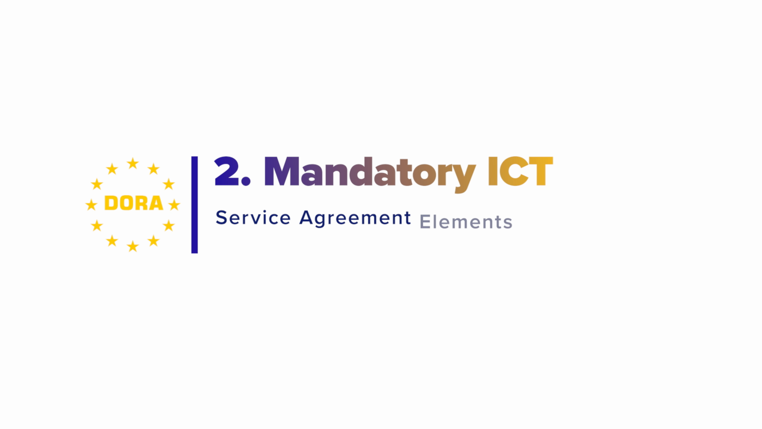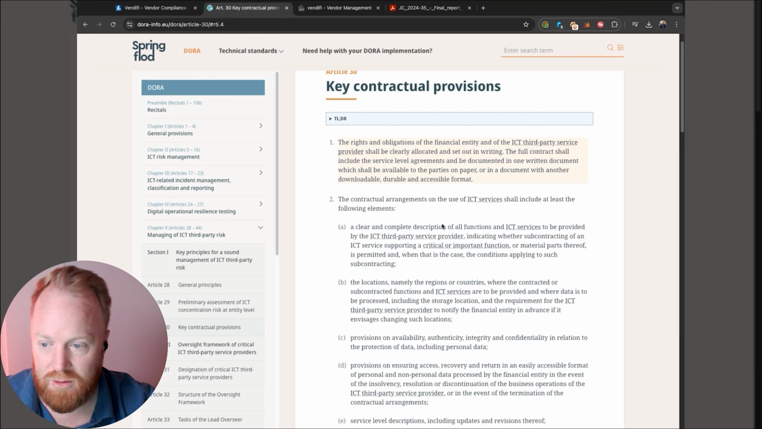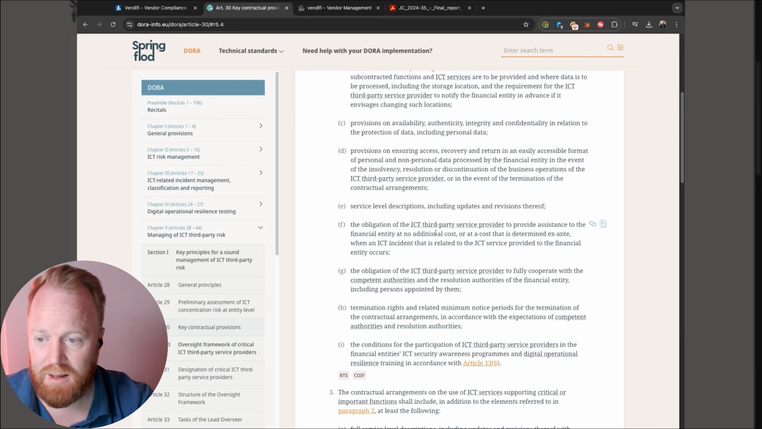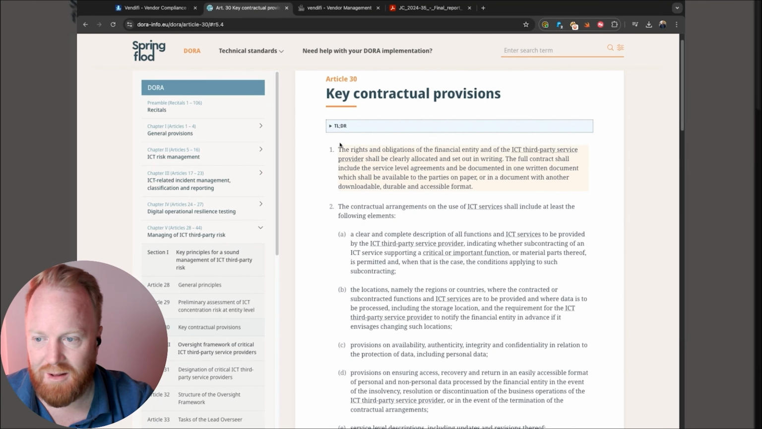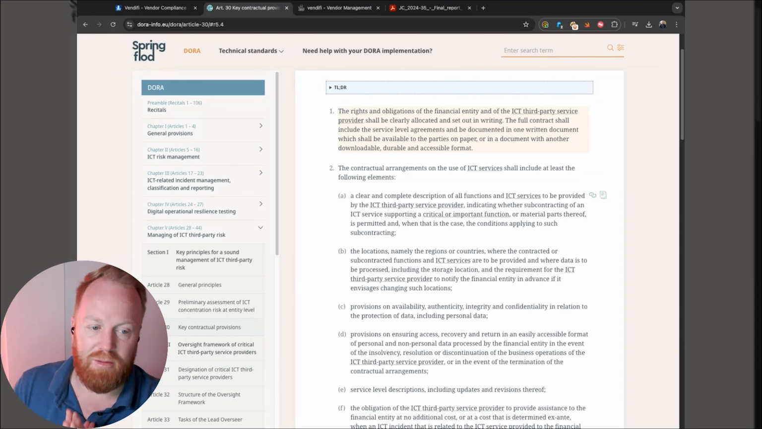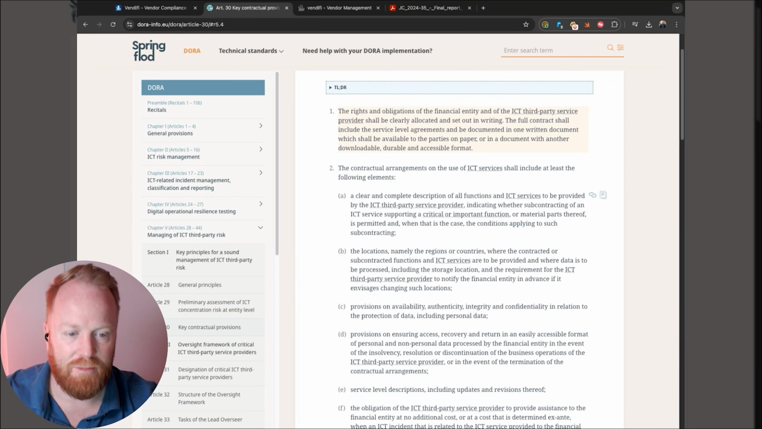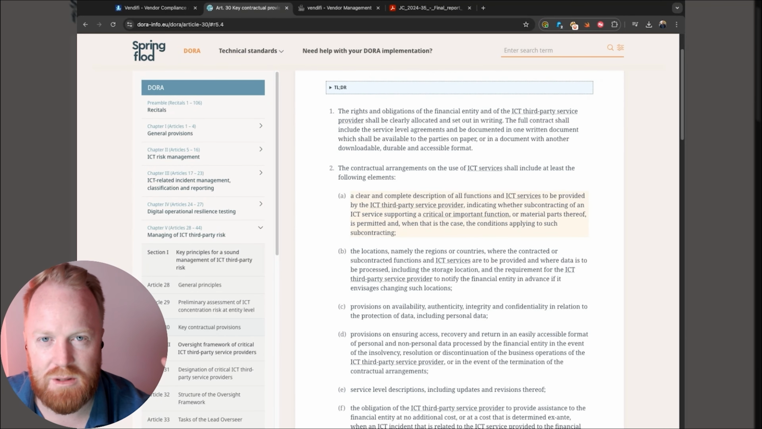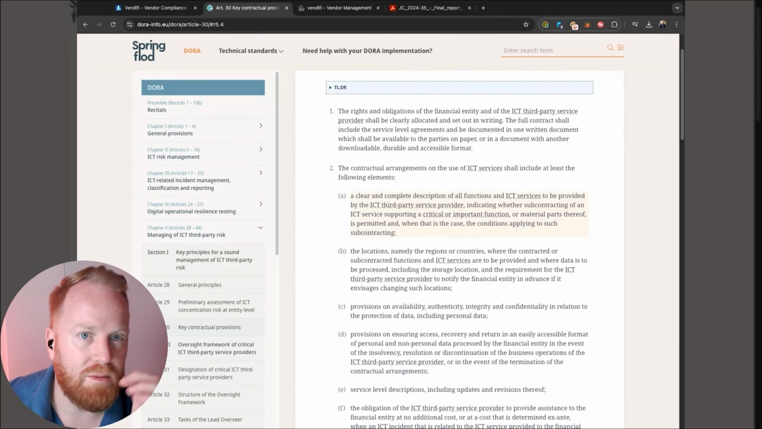Number two. Number two has got a number of provisions here all the way up to H and I. And so we're going to start here with number two. The contractual arrangements of the ICT services need to include the following. So the first part, A, is a straightforward description of all the functions of the ICT service provider they will offer. It should also say if they're going to subcontract and if any of those subcontracts are going to be critical